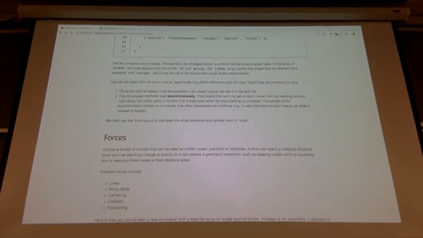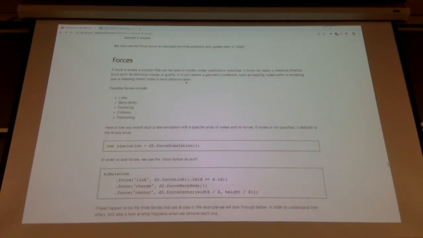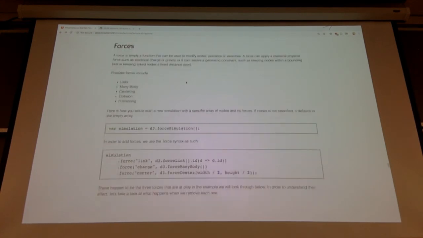So what's important to recognize here is we're using the D3 fetch module. That's basically everything that we just talked about, back-end asynchronous loading. d3.json, in this case, is a call that is part of the fetch module that is going to do this entire asynchronous loading for us. And then the other thing here that we haven't discussed that we need to discuss for layouts